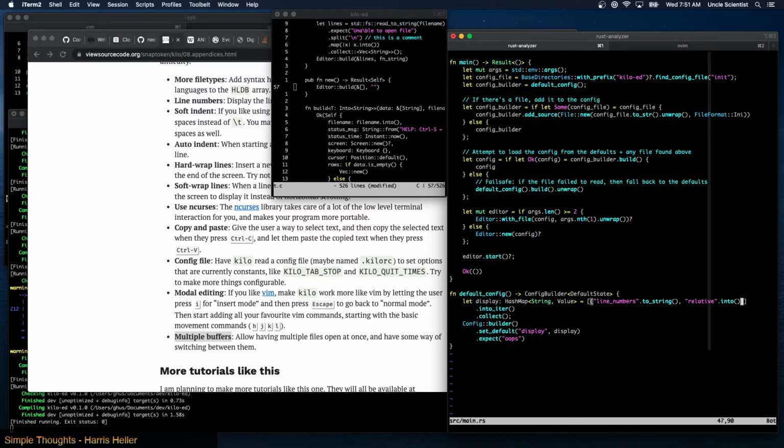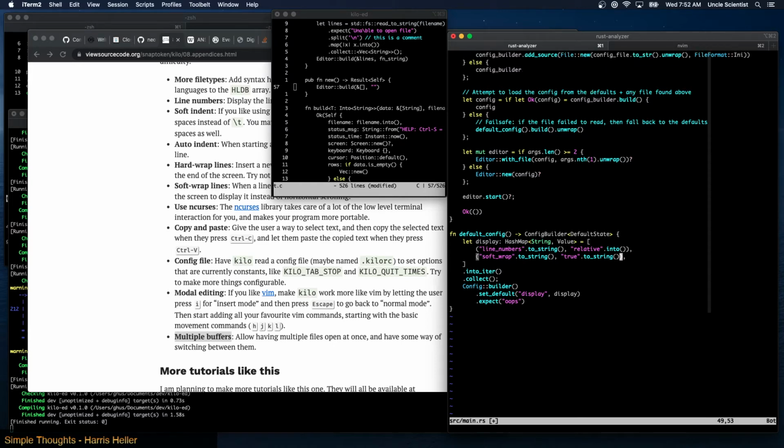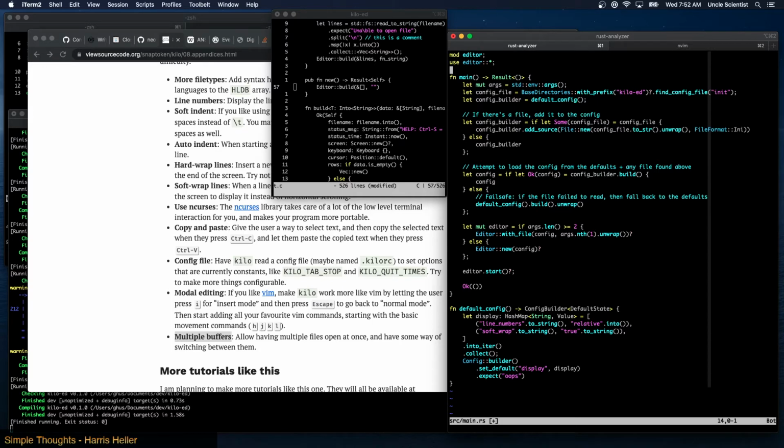Line numbers is this, and then we want to set, comma, soft wrap is going to be true. Well, I guess we have to to-string these, right? What did I do wrong here? Oh, I need a closing like that. There we go. That's better. Okay. So we have soft wrap, and now these are the options, and we want to actually convert these into an options thing. So when we call editor new config,